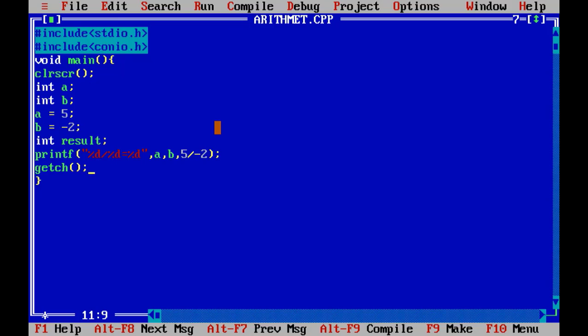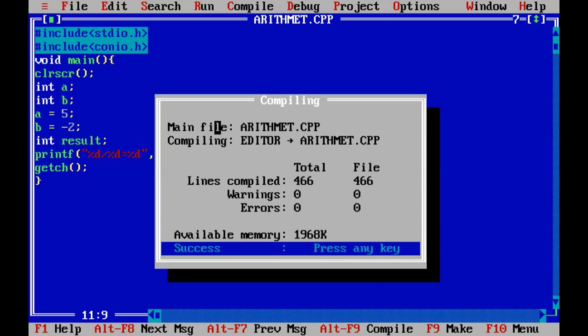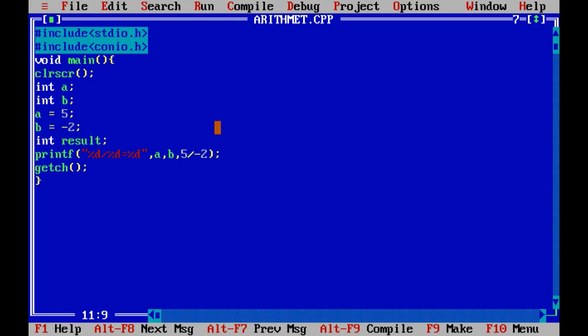Here now our program is ready. Let's save the code, let's compile the code, and let's execute the code. Here is our output. 5 divided by minus 2 is equals to minus 2. Our result is negative. Now let's move on.